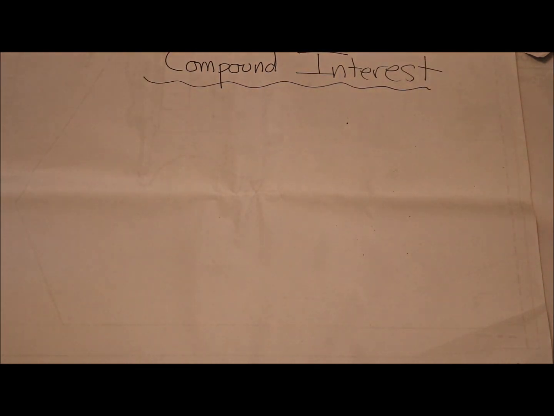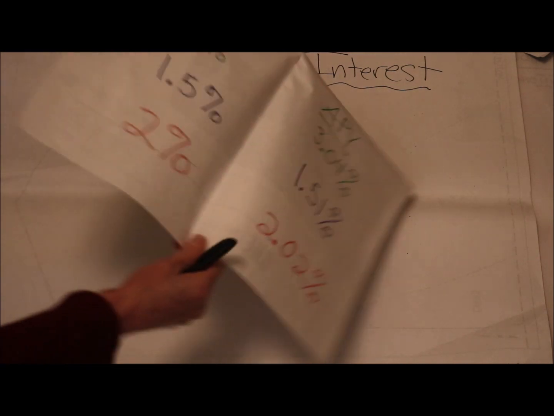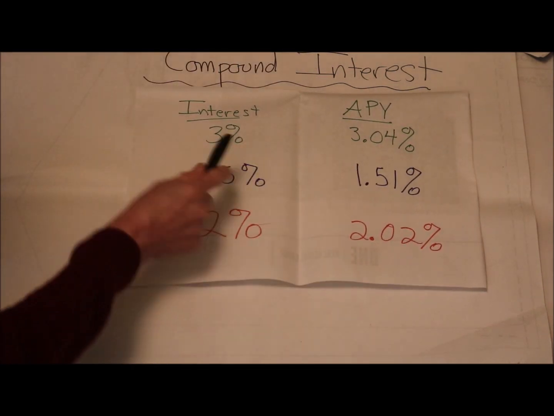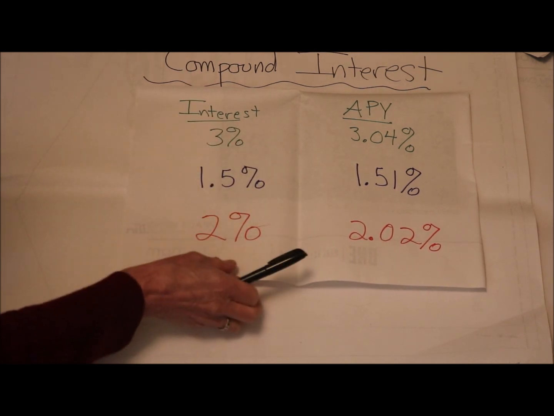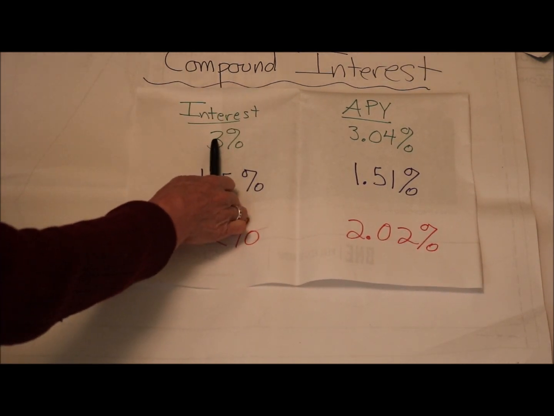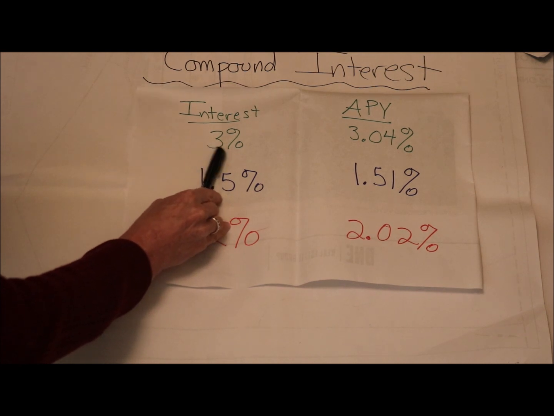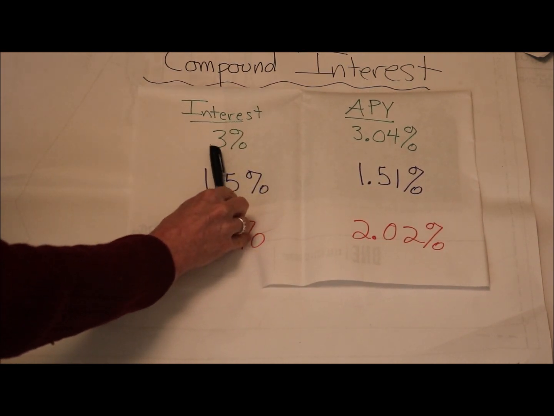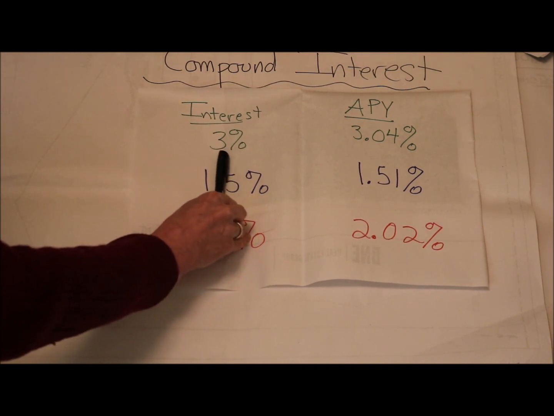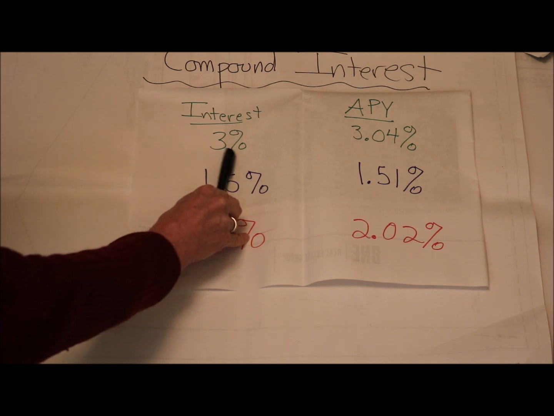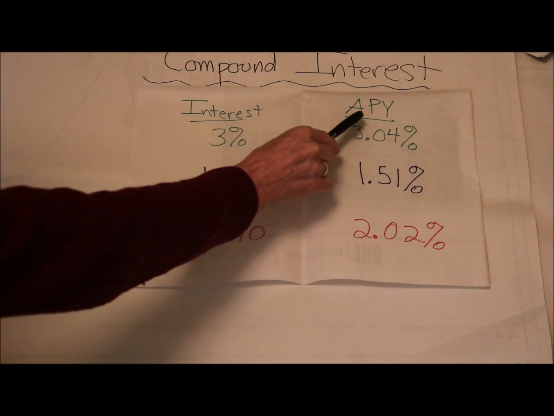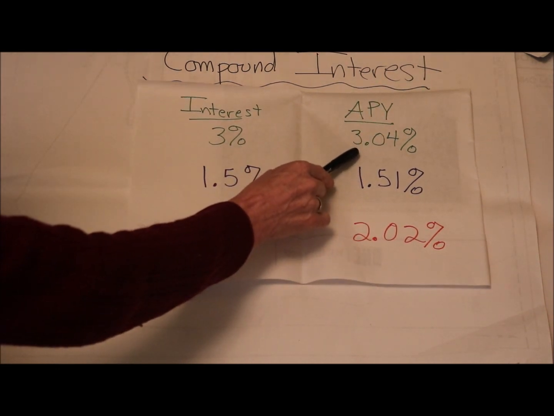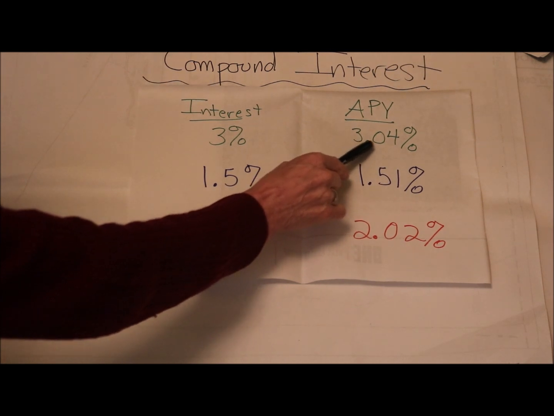Okay? Now the thing that's interesting, if you ever go online or go to a bank, they always give you the interest rate. I don't think you're going to find 3% interest anywhere right now, but let's pretend you were getting a CD, which is short for certificate of deposit, and you found 3% interest, which means that every year you earn 3% interest. But then there's this thing here called APY. And it's not 3%, it's a little more than 3%,